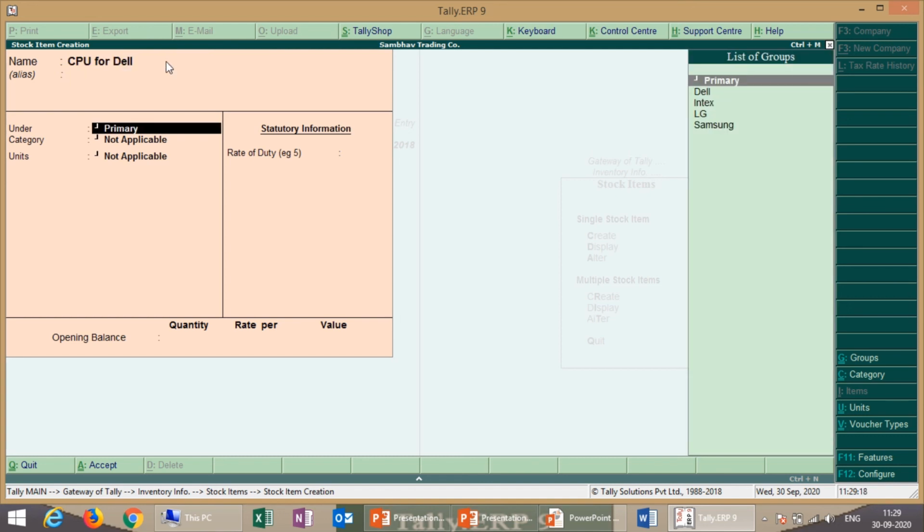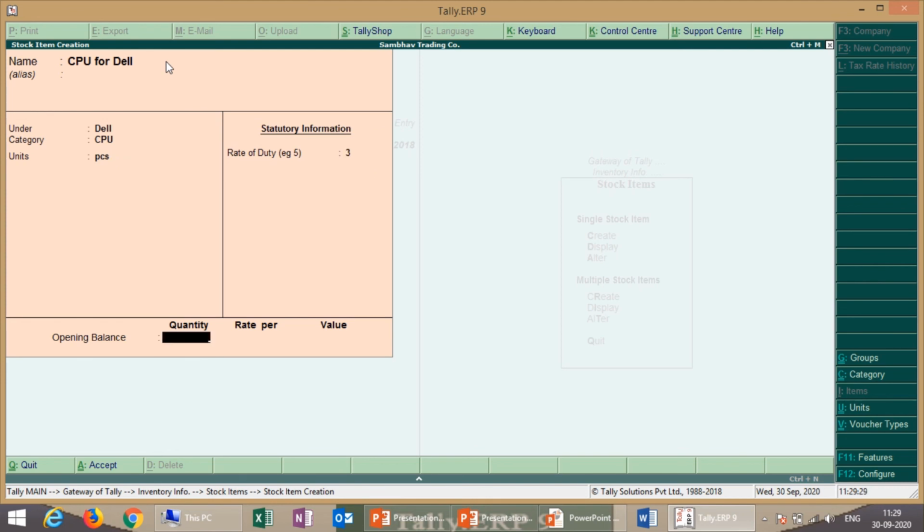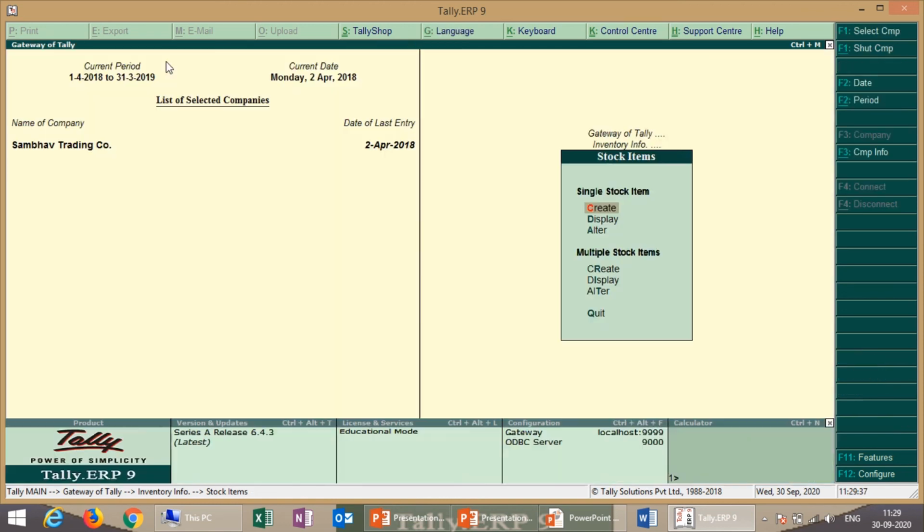So under the group Dell, category CPU, pieces, duty. If we don't have a quantity, consider we don't have a quantity, accept yes. So this way we can create the stock item.